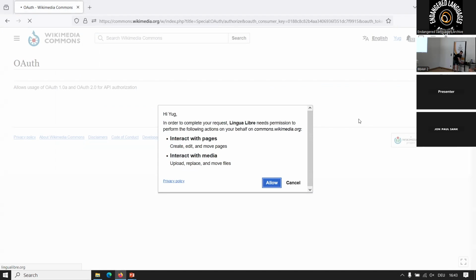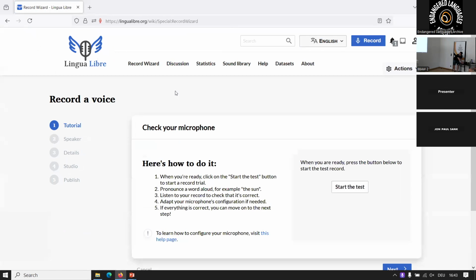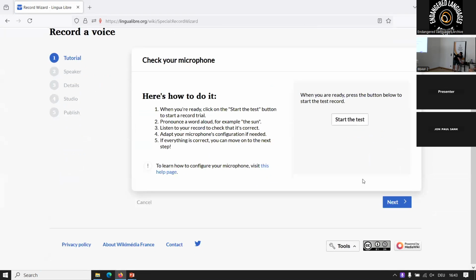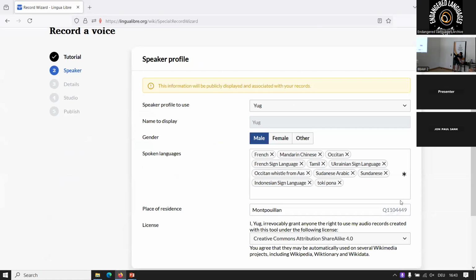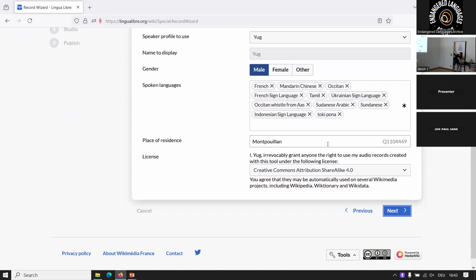If you have a Wikipedia account, you can contribute, or you can use the tool. This is a system you allow. You make some tests. I will not do them, but after that you define the speaker: we collaborated with some linguists to define gender, the spoken language, the place of learning, and the license of your contribution.